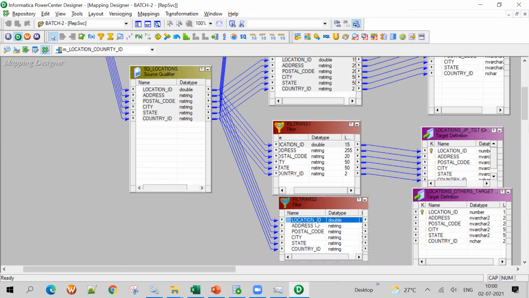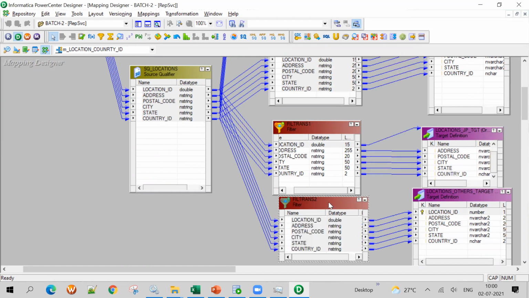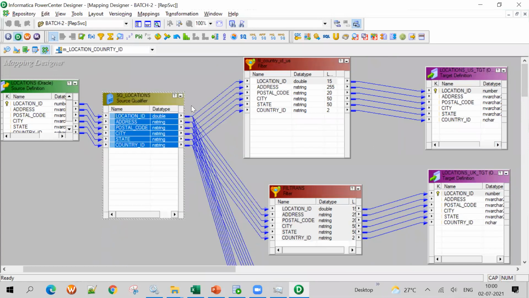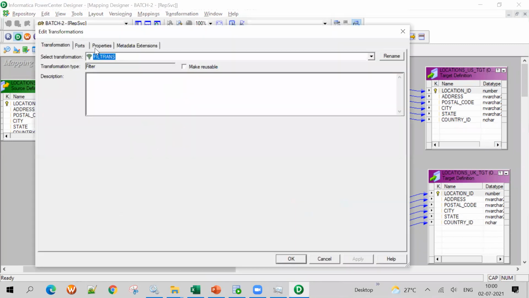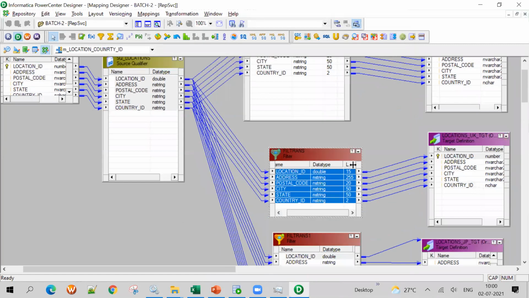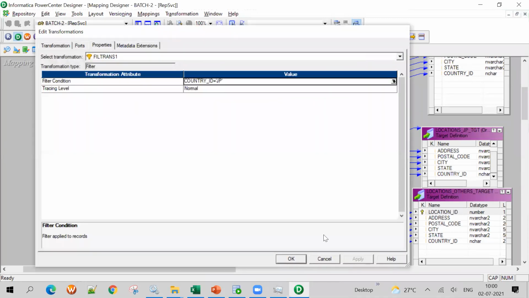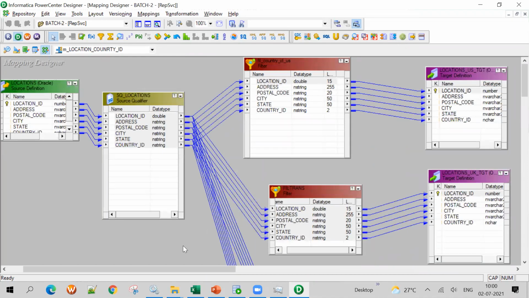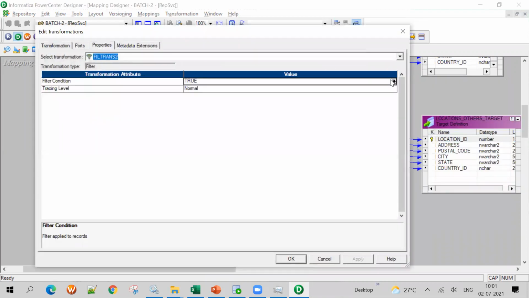Okay. Others, what should I write now? The condition. What should I write for the condition for others? Can anybody tell me, please? See, if you see here, for US I gave location country ID equal to US, for UK I gave country ID equal to UK, then I gave JP, Japan. Now, if there is no country called, if it's other countries, that means other than US, UK, Japan, I wanted to load it to others. Now what should I write as the condition, please? Can anybody tell me?